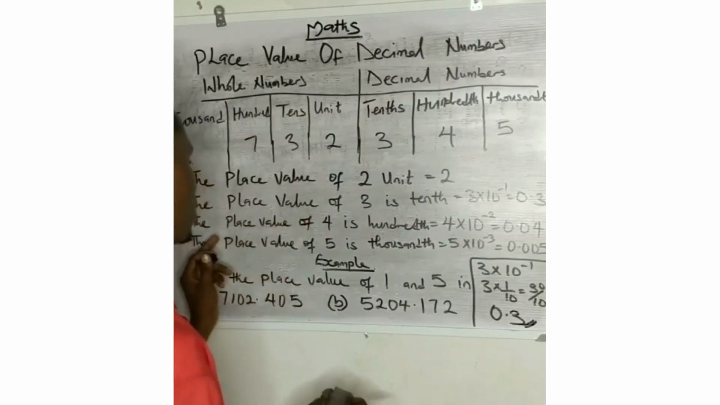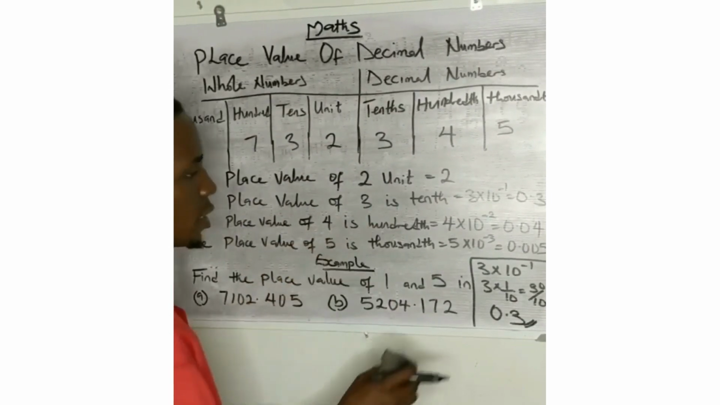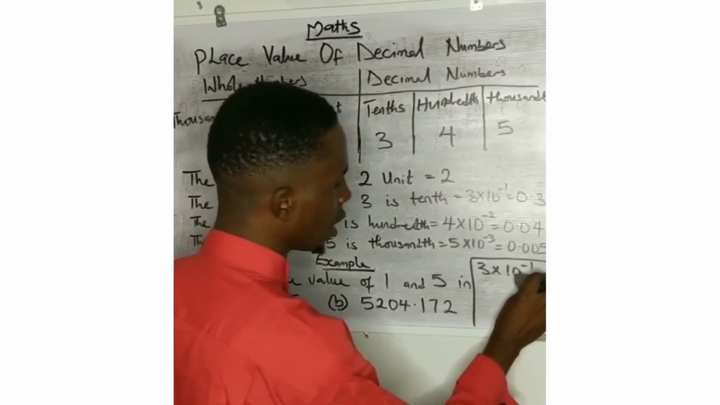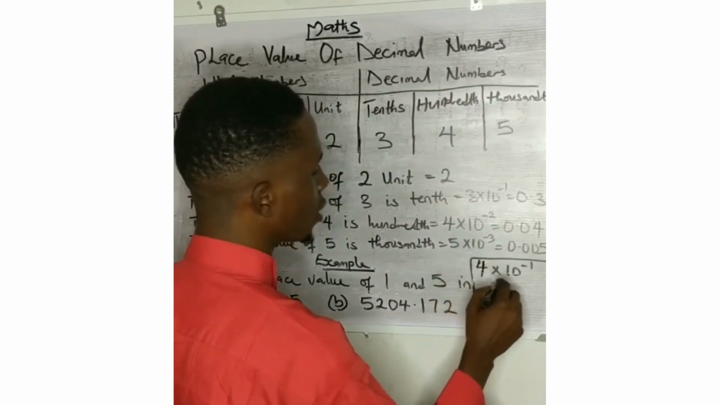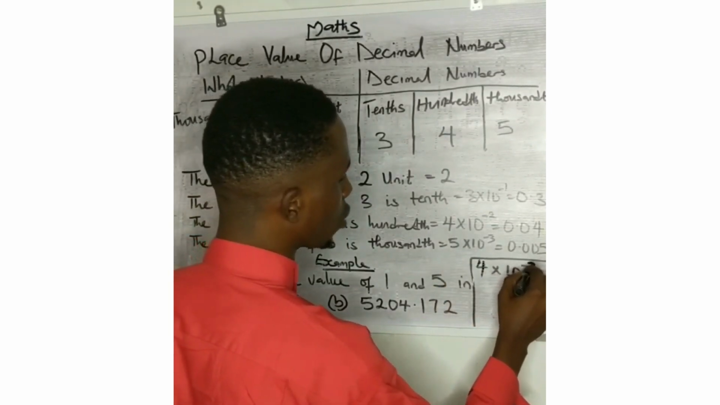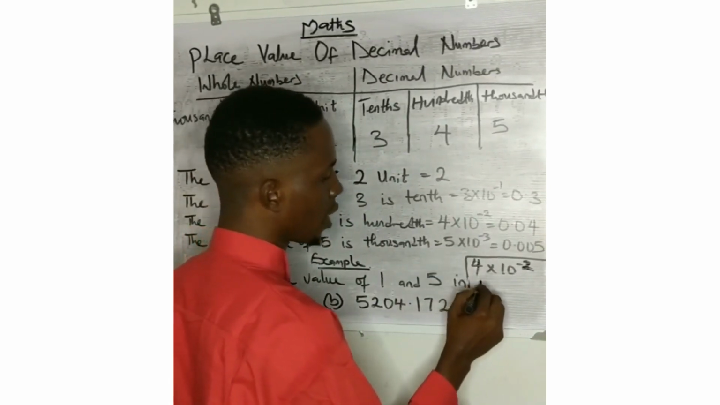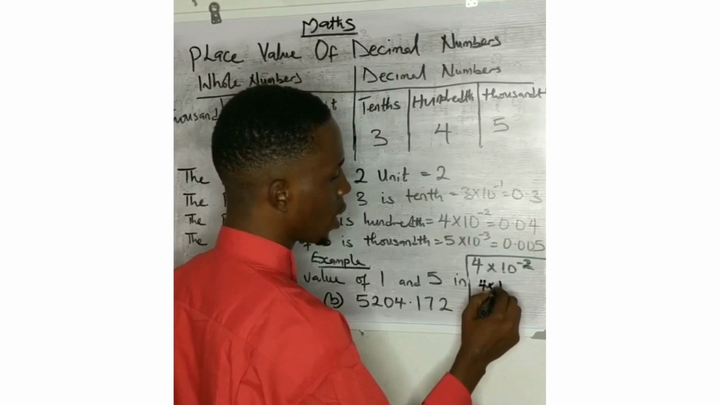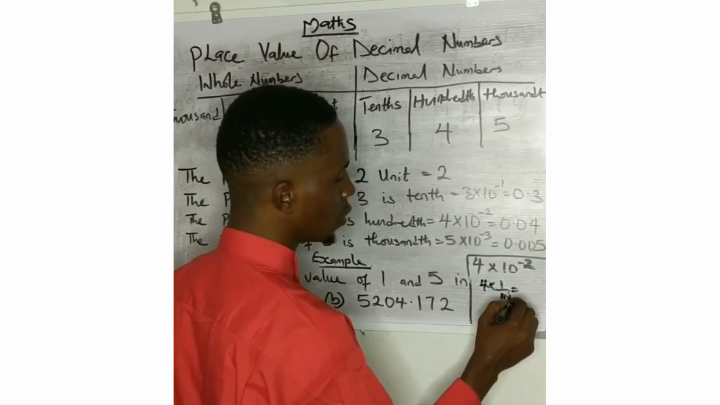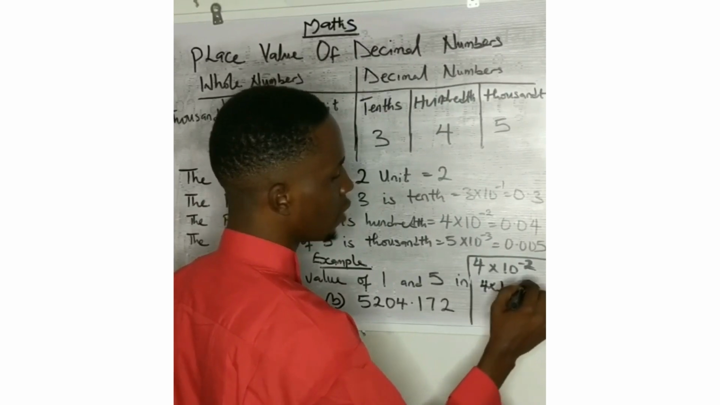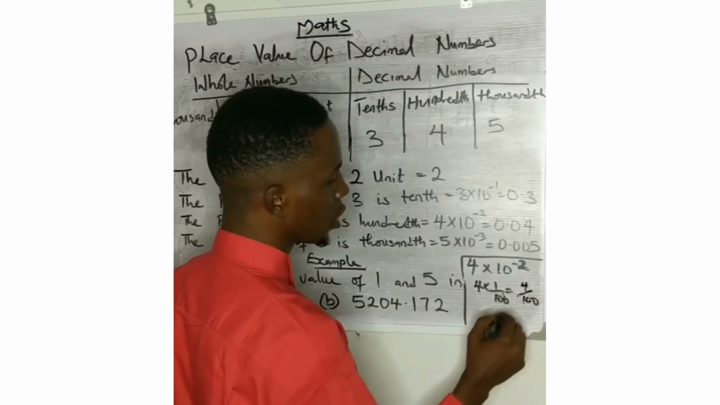Now the place value of 4 is hundredth. Hundredth is 10 raised to the power minus 2. So you have 4 times 10 raised to the power minus 2. This is equally the same format you are going to use to solve it. We have 4 times 1 all over 10 raised to the power 2, which is 100. Then we have 4 over 100. This is going to give us